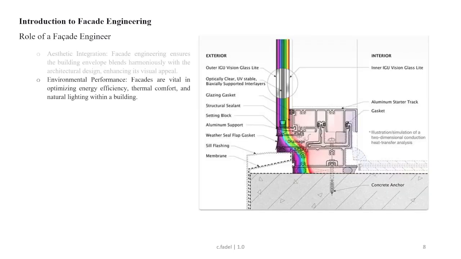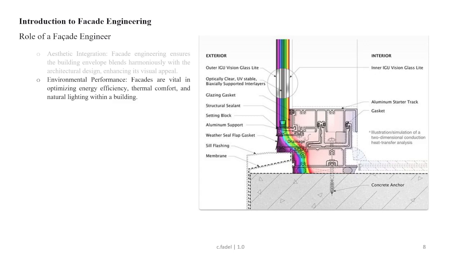Next is the energy performance. So it's not only about the colors, the materials, the textures, and the visual aesthetic or integration of that with the surroundings and harmoniously with the architectural design to enhance the visual appeal. The facade should also perform to optimize energy efficiency, thermal comfort, and natural lighting within the building. So it is placed to improve the environmental performance of the building,